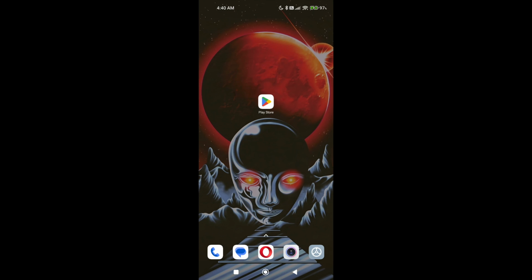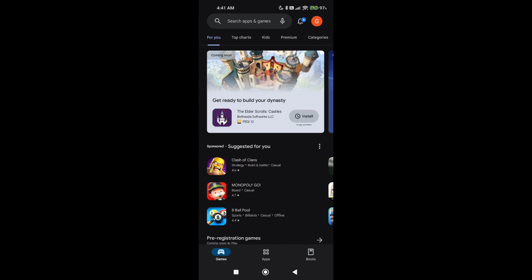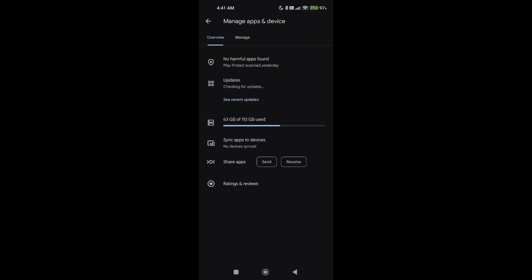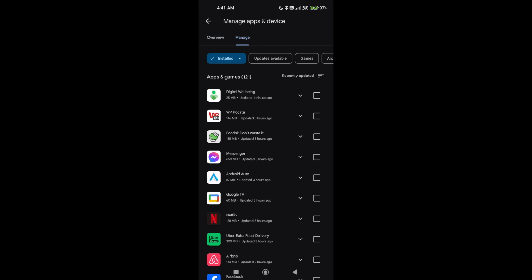order to fix that. We're gonna start by going to Google Play Store. So let's go to this app. In the top right corner, we want to click the profile picture and then choose Manage App Devices. Now switch to Manage tab at the top, and here we need to find Digital Wellbeing. I have mine over here because I just recently updated it, but if you have troubles with finding this app